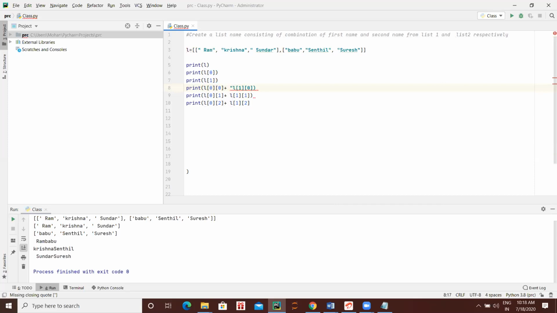Between this double quote, again, then give the plus sign. Between two double quotes, give some space. Then give the plus sign. After the ending of the double quote, give the plus sign. That means you are concatenating, again space in between. Okay, run it.